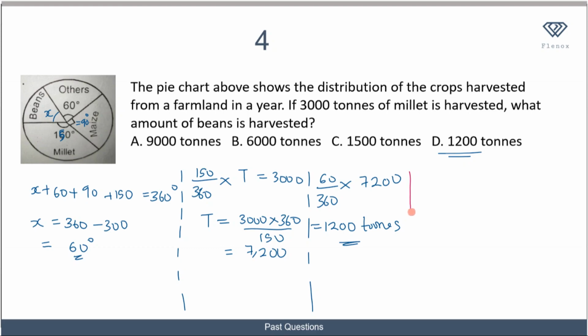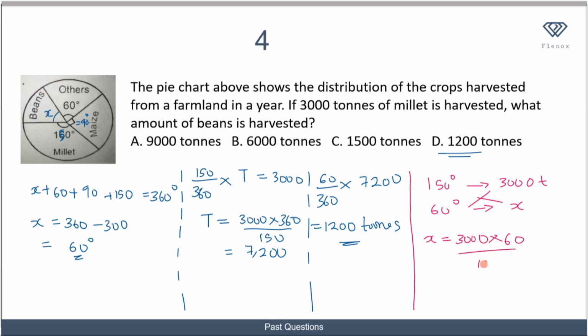Alternatively, another way to go about this is that instead of trying to find the total number of tons that was harvested, we can try to make use of our idea of proportions. So we know that 150 degrees of millet produce 3,000 tons. So we ask ourselves, beans that represent 60 degrees, how many tons would it represent? So we call it x. So if I cross multiply, value of x will be equals to 3000 times 60 over 150,